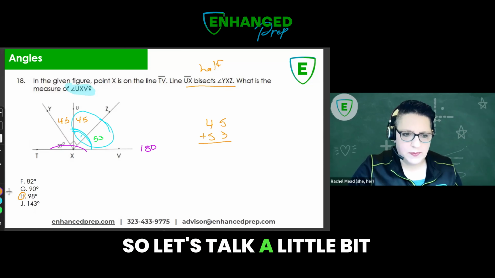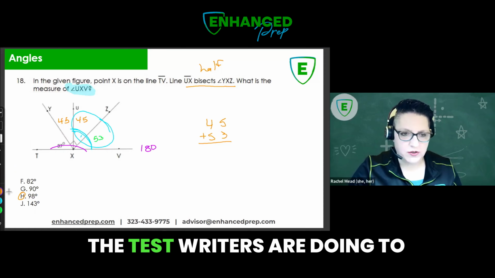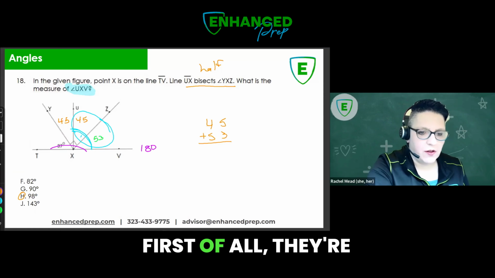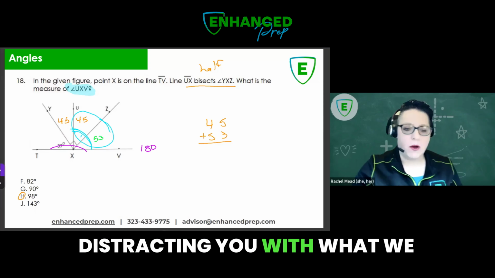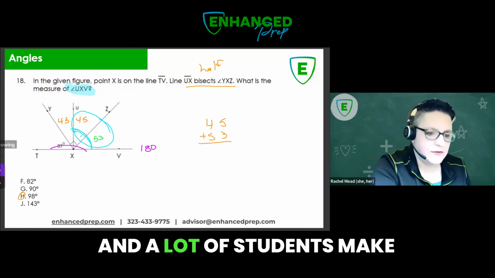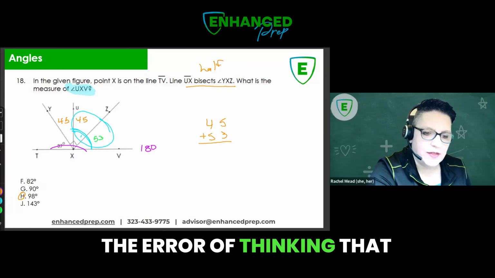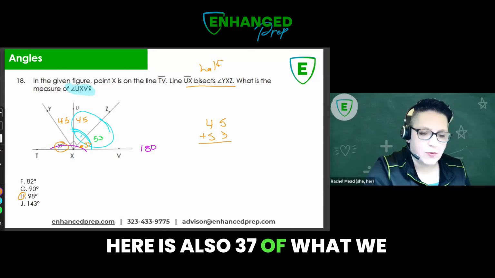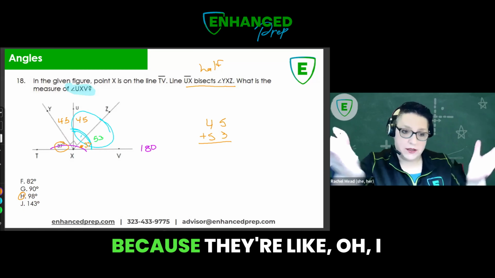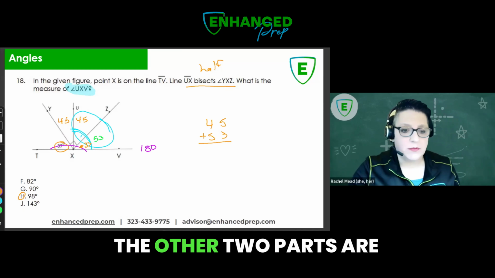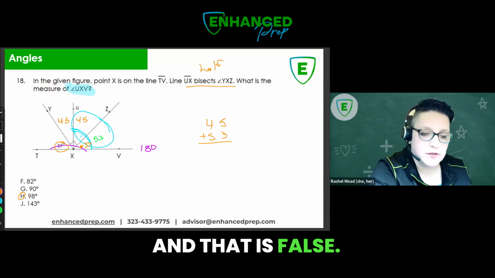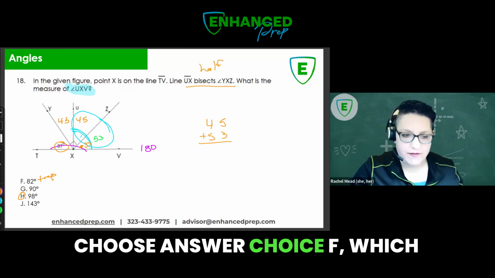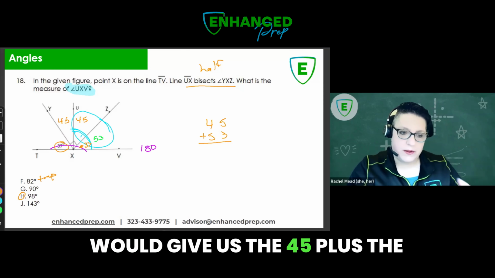So let's talk a little bit about some of the things that the test writers are doing to make this question a little bit more challenging for you. First of all, they're distracting you with what we see in the image. And a lot of students make the error of thinking that the angle on this side right here is also 37 of what we have over here, because they're like, oh, I took away 90, the other two parts are equal. And that is false. But if we made that error, we would choose answer choice F, which would give us the 45 plus the